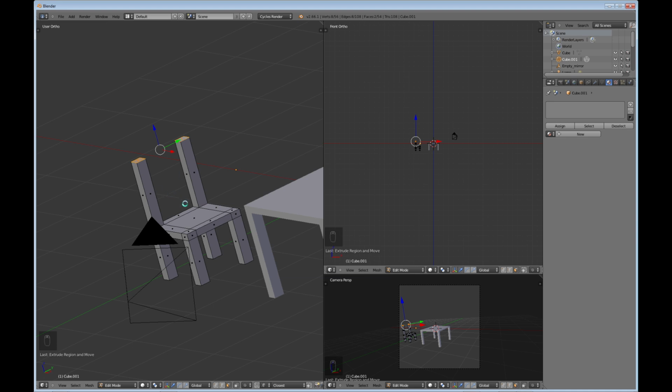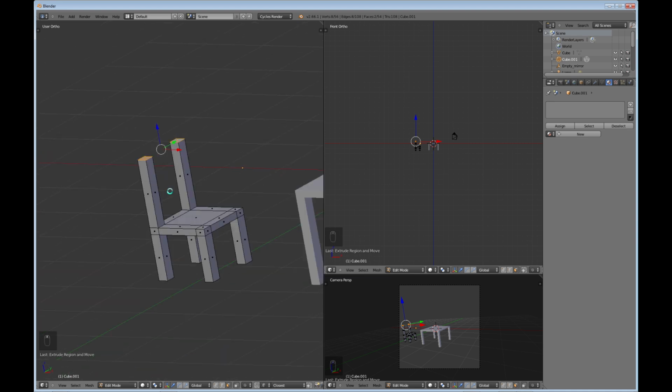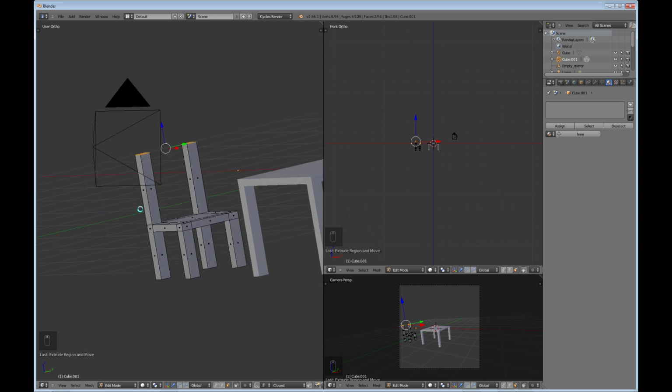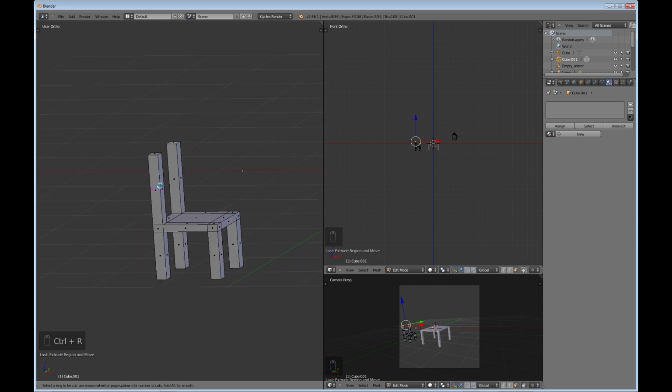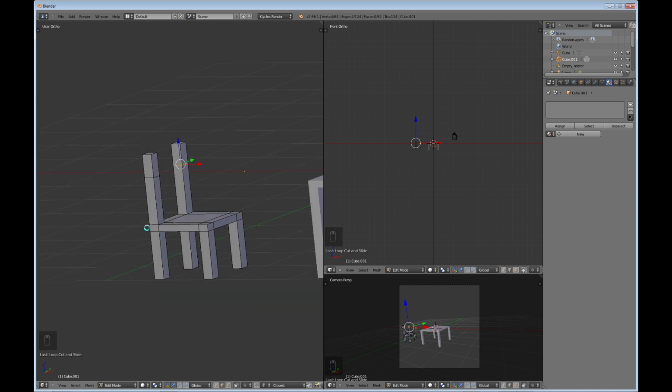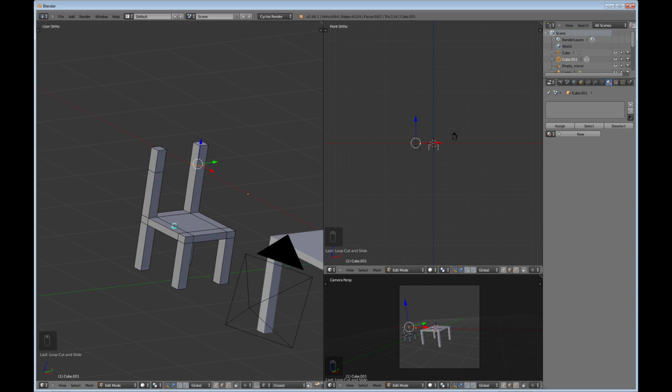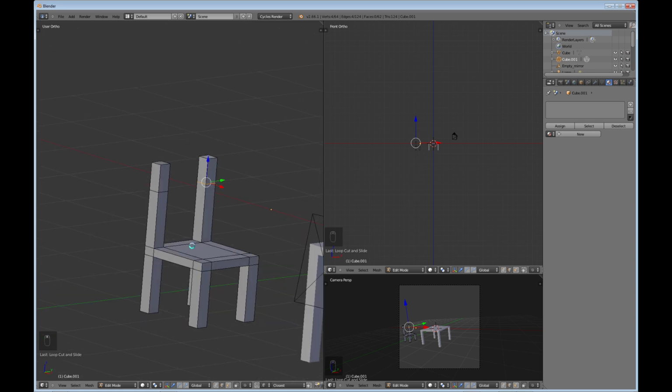And of course you need some kind of brace back there, so what you can do is just do a Control R, and that's called an edge split. Move that up a little bit, and I'm going to do a Control R over here. Move that up a little bit. Actually, let's do that a different way. I'm going to do a Control Z, which is undo. Get rid of those. Okay, I'm going to do a Control R and do the same thing before,